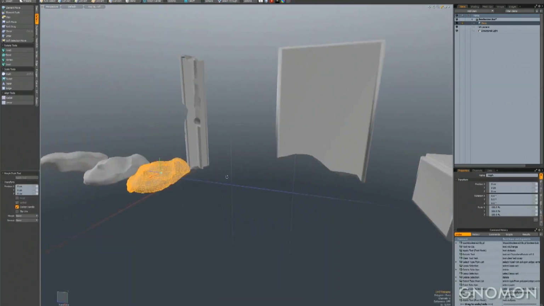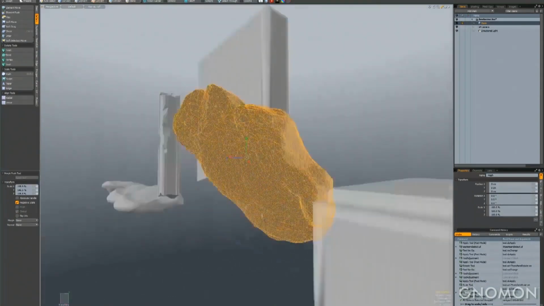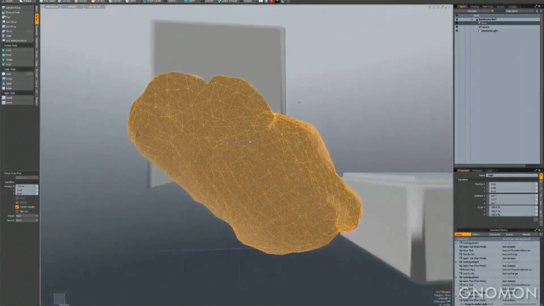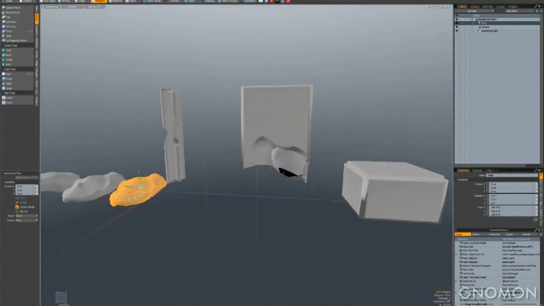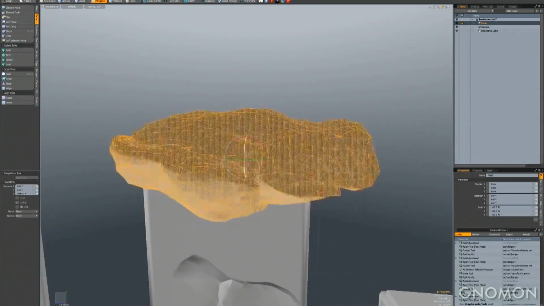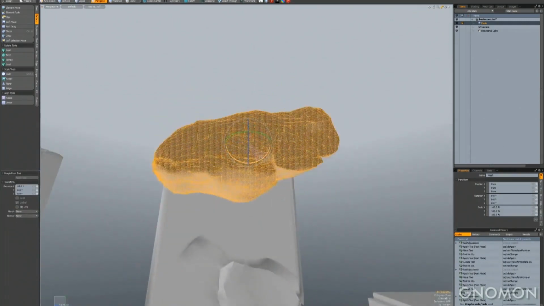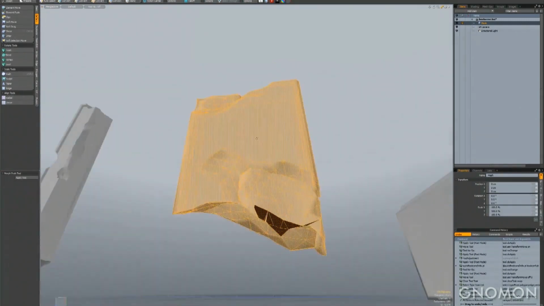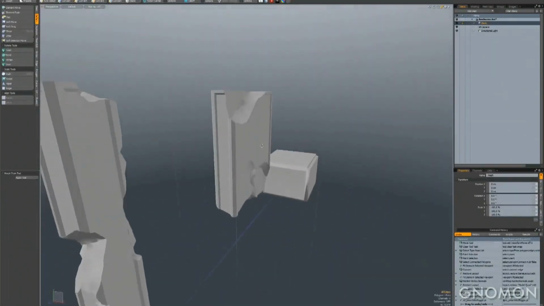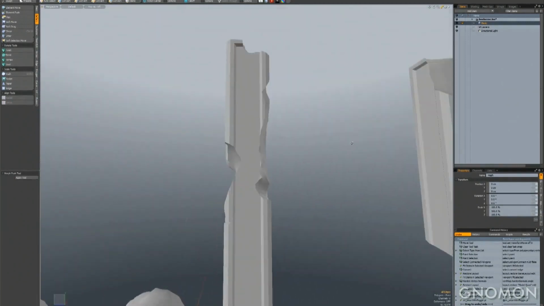So here we'll do it again on this mesh too, and you can see that it's not only useful for just cutting shapes out entirely, but you can also just cut a portion of it out, and it will react just accordingly, just as you'd expect. So we'll just do one more cut right here at the top. And that's it. Go back over here into the game tab, just set some surface normals, and that's all there is to it. It's the fastest way to create damaged edges and stuff that I've ever worked with.